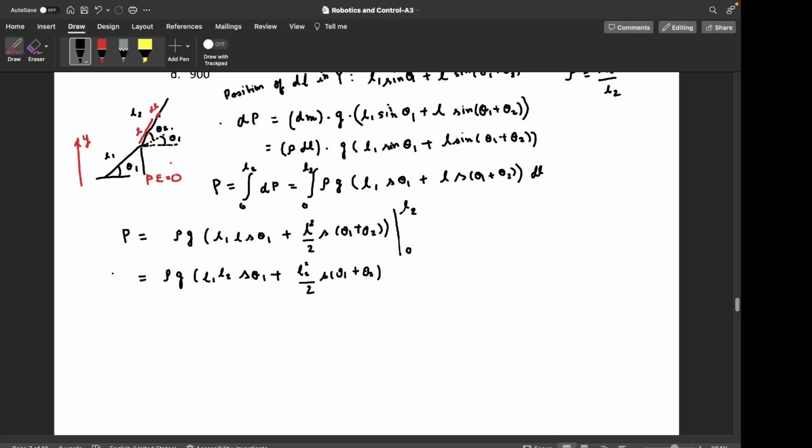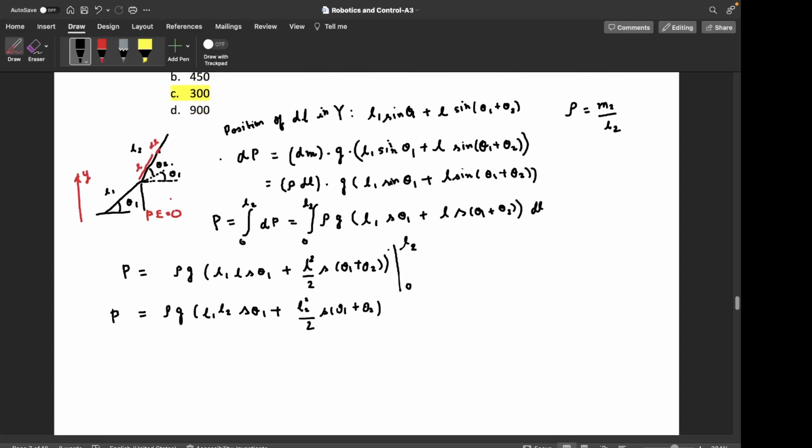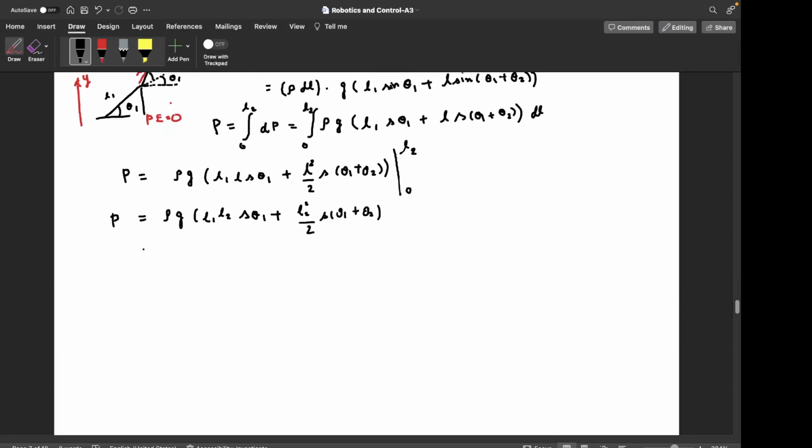So one last simplification we can do is that, since rho is not a quantity which is provided in the initial question, you can again use this equation that rho L2 is M2, so you can use this to eliminate or